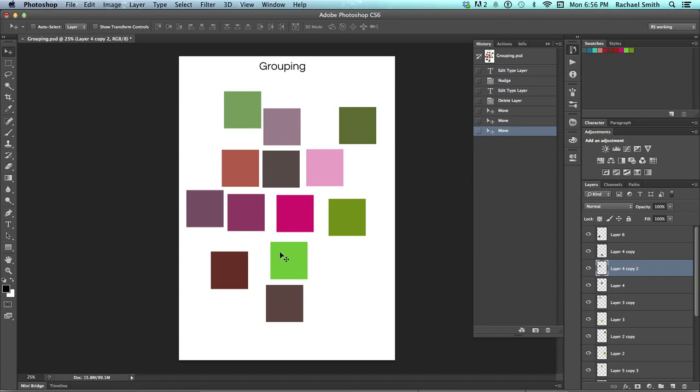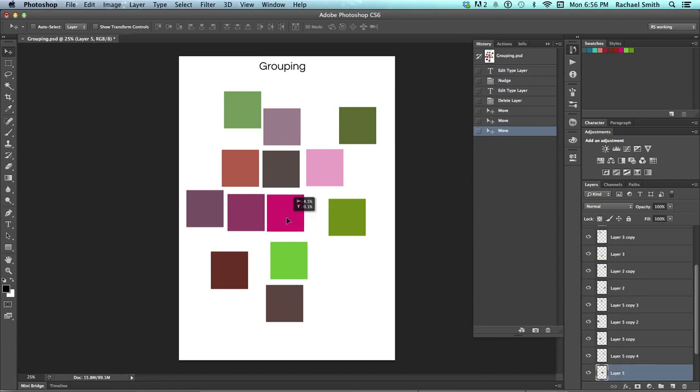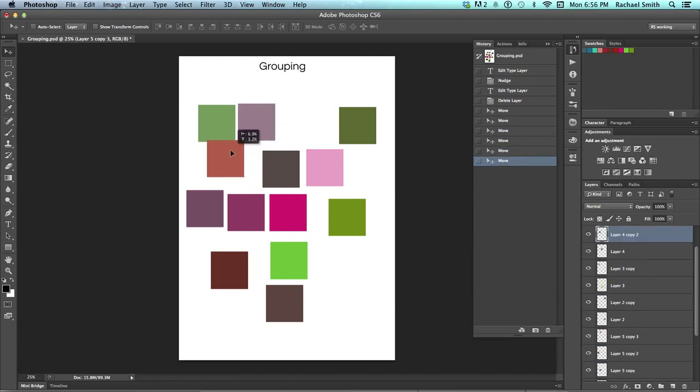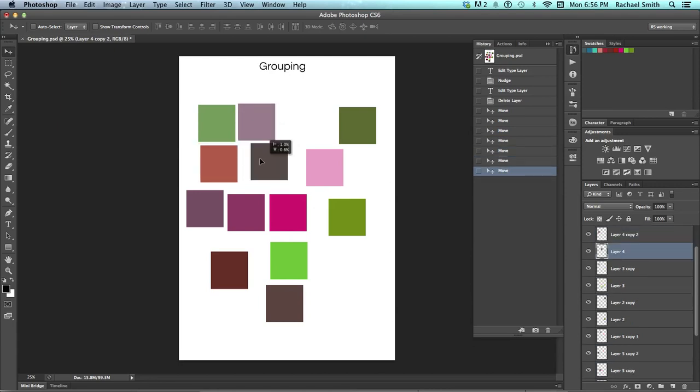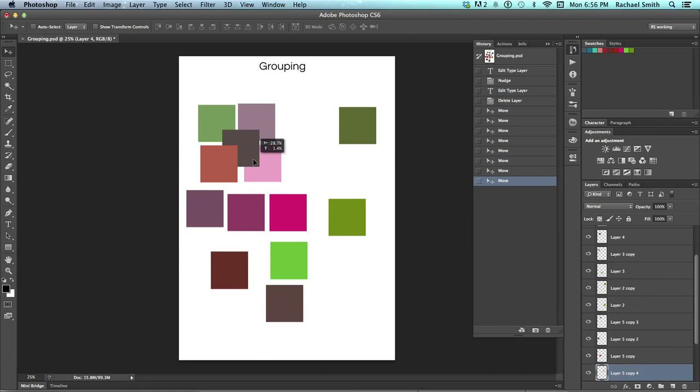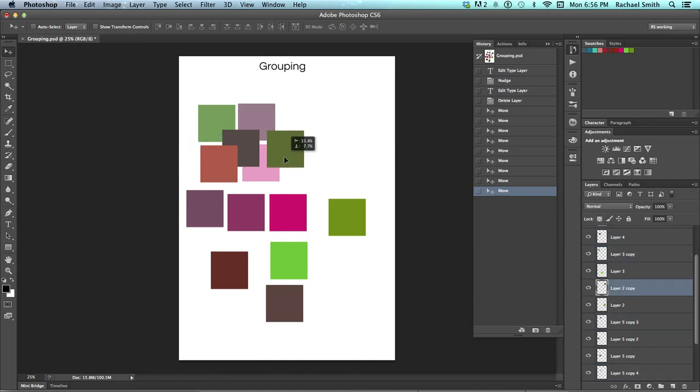I want to make my super bright pink square the main area of focus. So grouping just simply means taking elements and moving them either close together or even overlapping. And once we start doing that, our eyes quit looking at those as individual pieces and start looking at it as one big piece. So now instead of seeing 5 little separate pieces, my eye is seeing this as one big piece. And if I keep adding stuff to it,